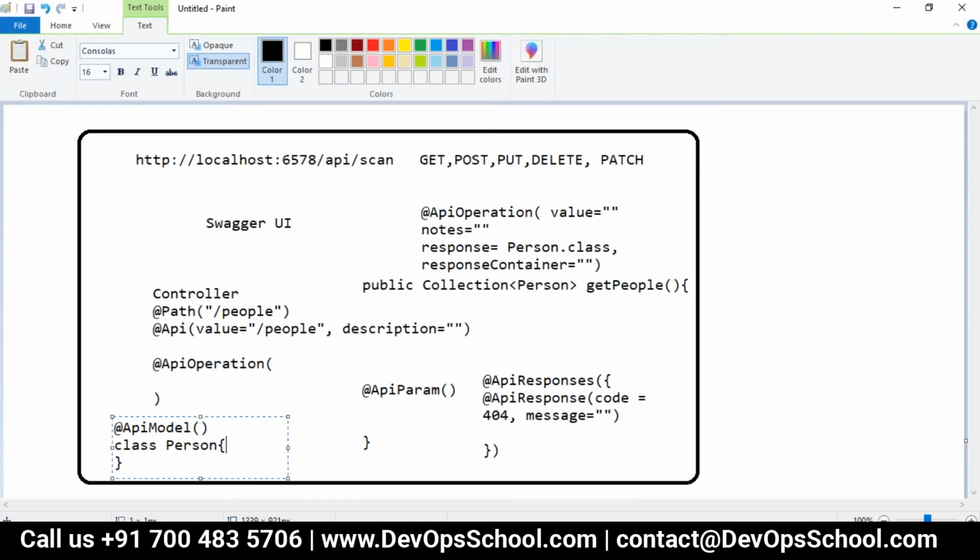And suppose in the person you have some properties, like private String name. If this is one property we have, which is an API property, we can use @ApiModelProperty here. So that is how you want to provide the documentation. Based on that, you will be using detailed annotations.